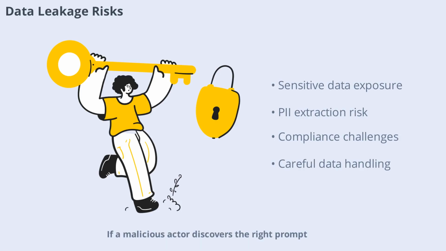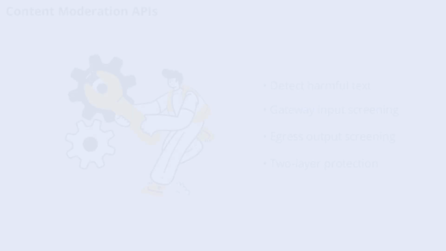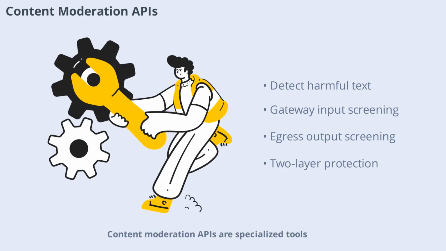If a malicious actor discovers the right prompt, it can trigger the model to recall and output this leaked information, including personally identifiable information, PII. This poses serious compliance risks, such as violations of privacy regulations like GDPR, and highlights the need for careful data handling. Intent moderation APIs are specialized tools designed to detect and block harmful text, such as hate speech, harassment, or